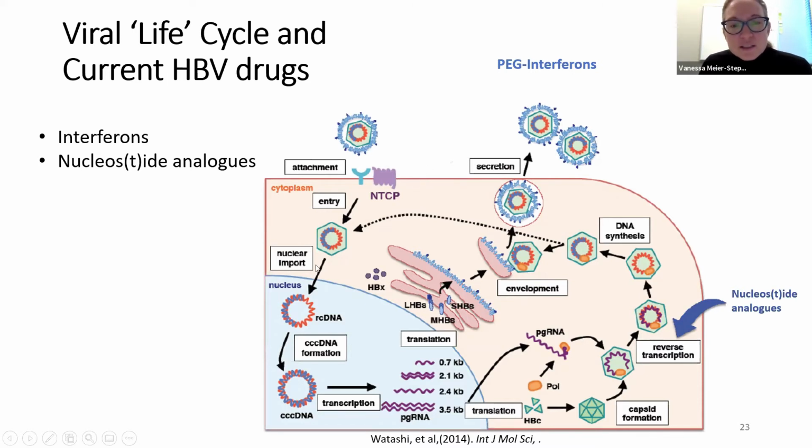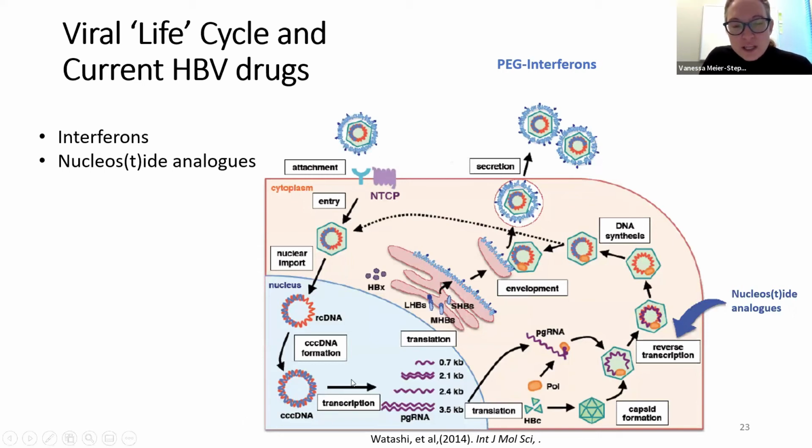So it gets in, it makes its way into the nucleus, and once it's in the nucleus, this partially double-stranded DNA gets converted to fully double-stranded DNA, or cccDNA, which is covalently closed circular DNA. It does this through different DNA repair mechanisms that our cells already have. Once it's in this double-stranded form, it's very stable. It's supercoiled, wrapped around histones, and looks just like our regular DNA, and it's hidden away so that the immune system is not going to see it.